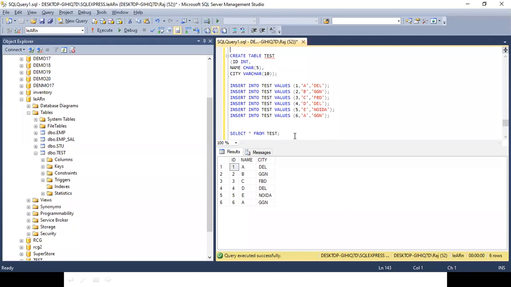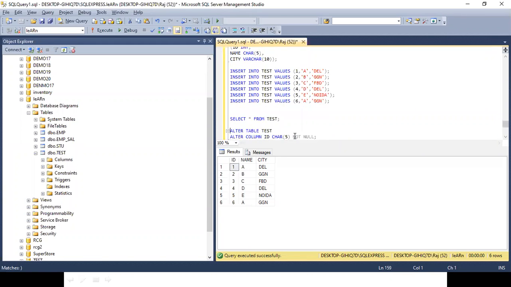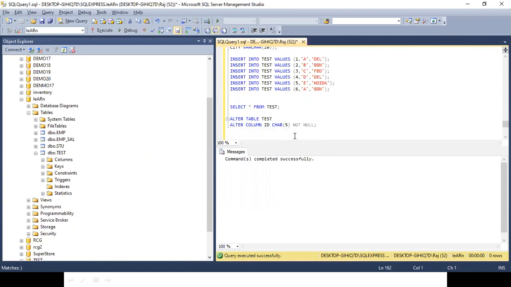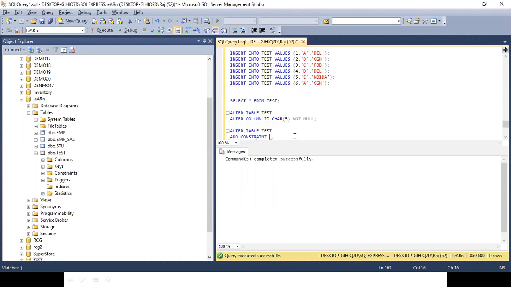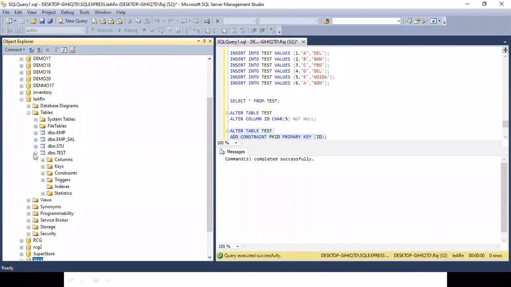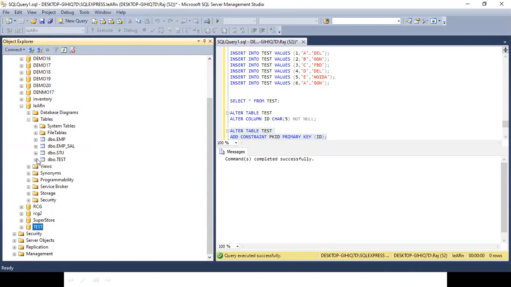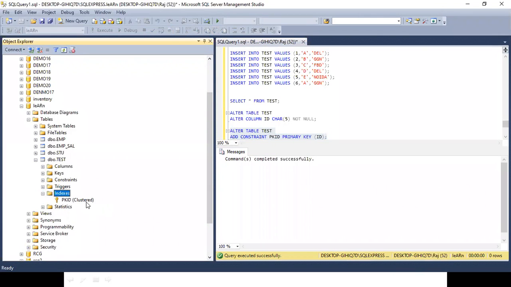The name is ID. Alter table test. Okay. Can you see the constraint?